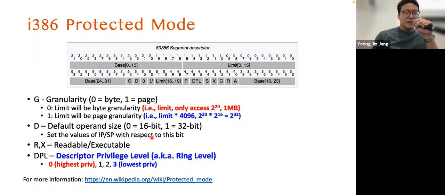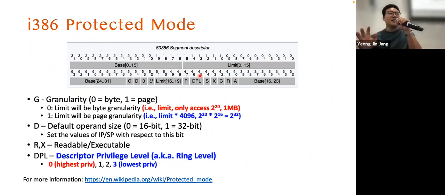But another important part is the DPL, the descriptor privilege level, and DPL has 2 bits because the Intel CPU has 4 levels of privilege mode. But this is an old design, and the modern operating system only uses 0 and 3. So 0 means the highest privilege, and 3 means the lowest privilege. And this is important because